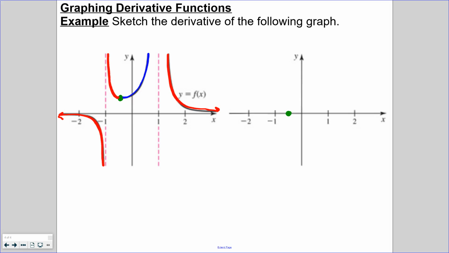All right, so let's see how much of a decrease there is going to be. Starting all the way on the left, it looks like we are almost horizontal over here, but not quite. It's flat-ish, so that's going to be a really little negative slope. But then we can see it gets larger and larger, because we basically just fell off a cliff, since there's a vertical asymptote there. So over the interval -infinity to -1, we're going to start off really close to 0